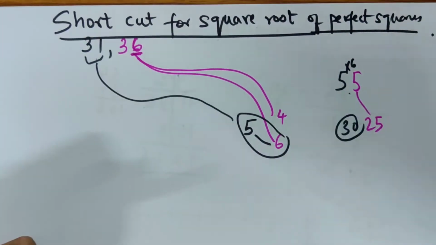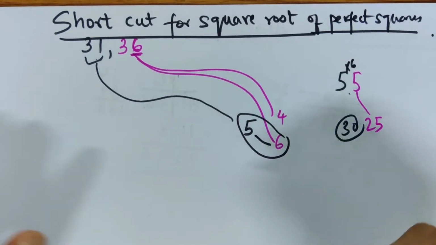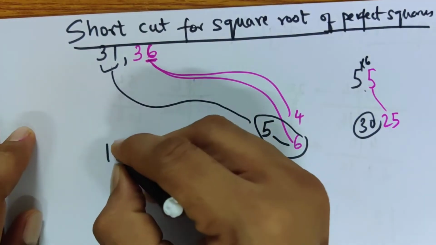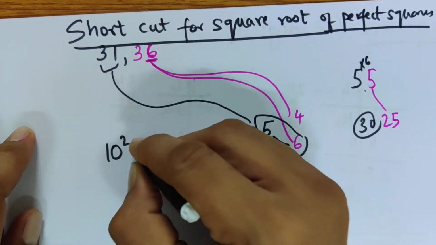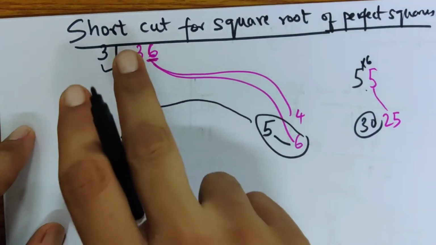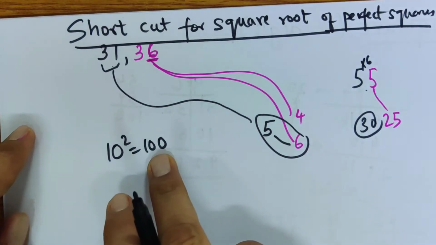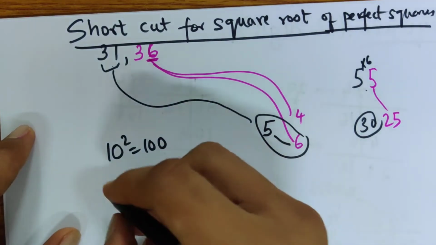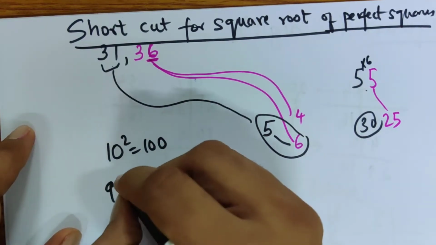So what does this mean? Let's first figure out what is the smallest number. 10 square is going to give you 100. So the perfect square has to be at least 100, that's what it means. And now if you look at 99 square,